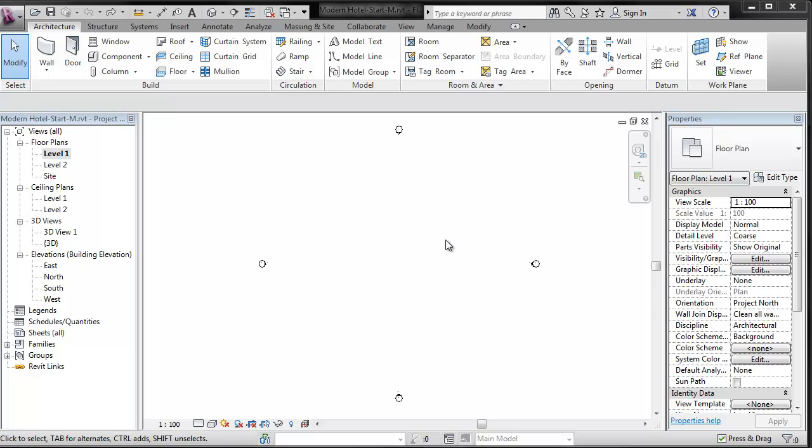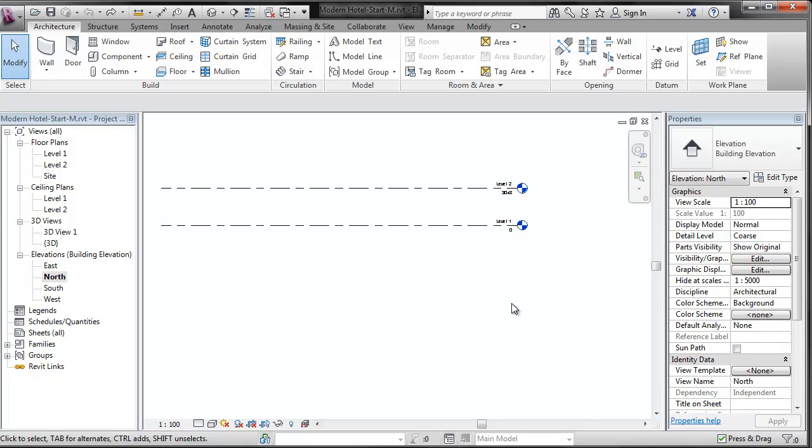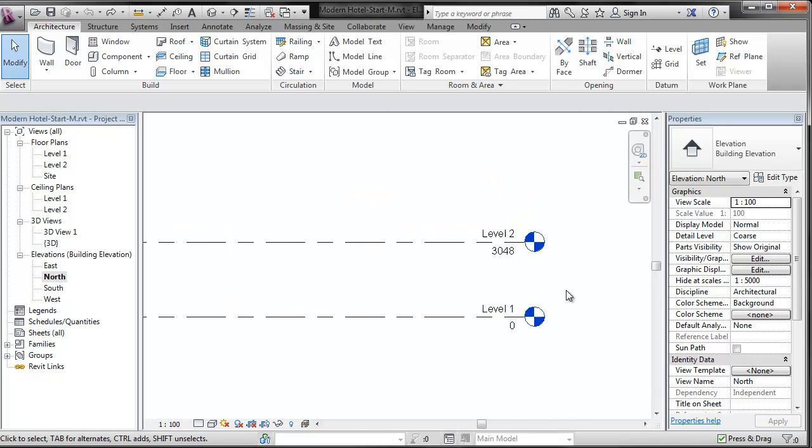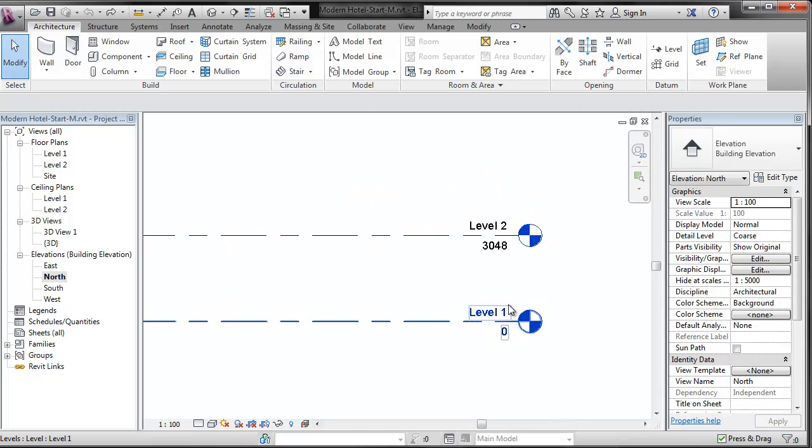Right, so in this exercise we're going to go through and set up some levels. I'm going to open the file. By default we're on the floor plan, and to have a look at the levels we've got to go to the north elevation. Zoom into one of the corners, we can have a look at, we've got level 1, level 2,